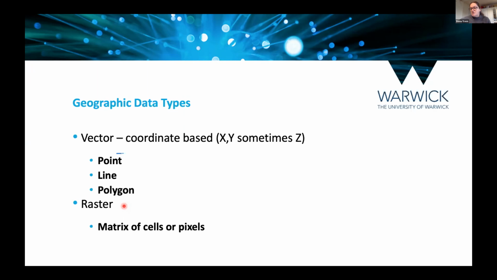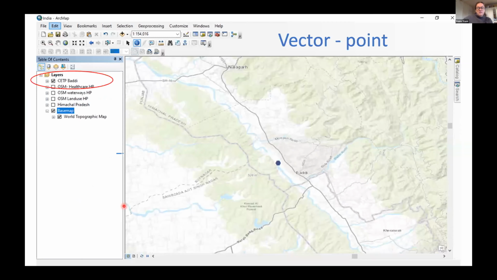Other examples are things such as weather data, so rainfall might be represented as a raster. Land use can be reflected as polygons. So moving on to actually showing you adding some layers. First, I'm going to look at a couple of examples of points. You can see over here that another layer has been ticked,